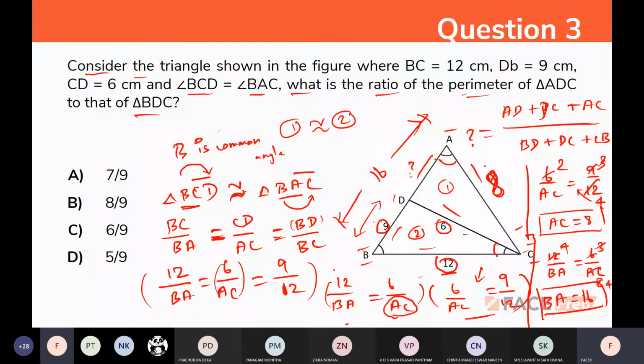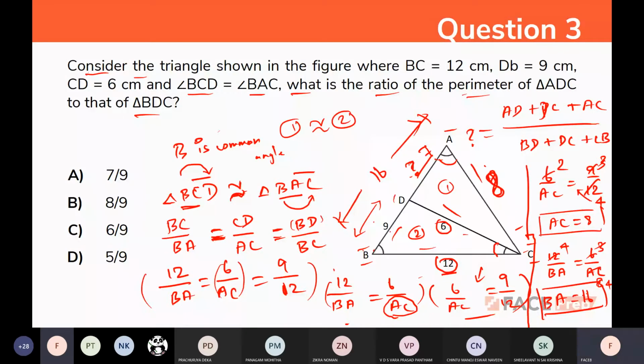Okay, so if BA equal to 16 means what will be AD? What will be this part? So we know BD is 9. What will be AD? Someone let me know if you are following. Guys, so what will be AD? 5? What? 5. Sorry. So here it is 9. So 16, 7. Right. Thanks. So AD is 7. Okay.